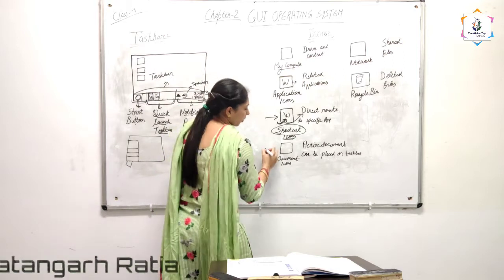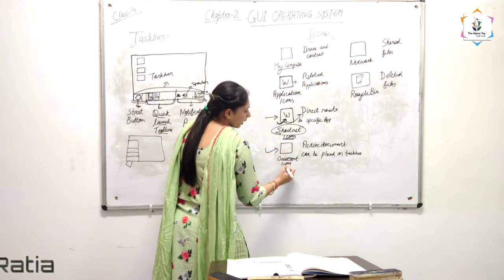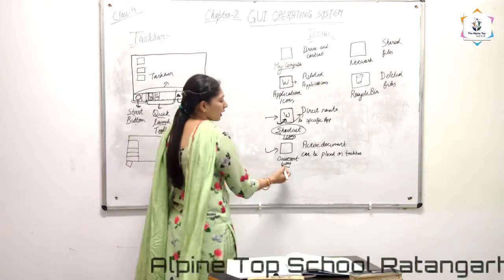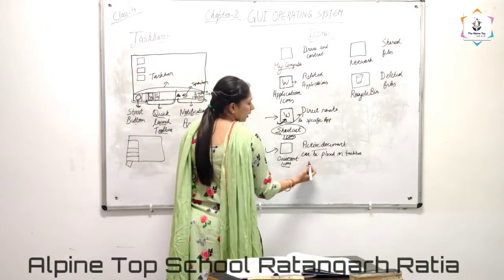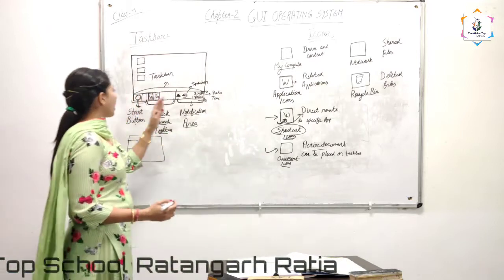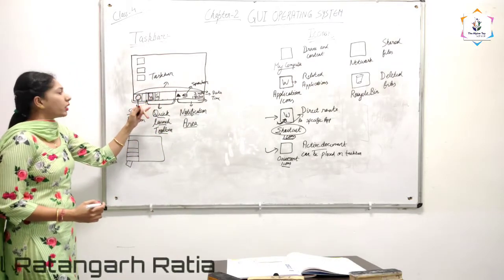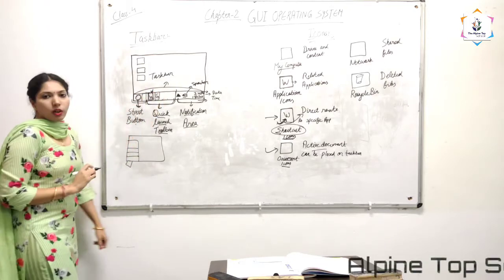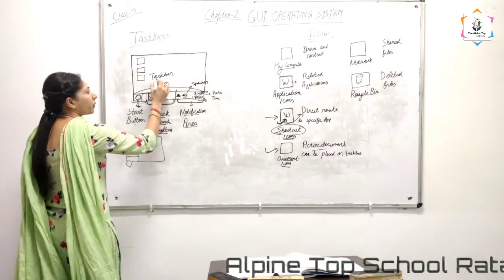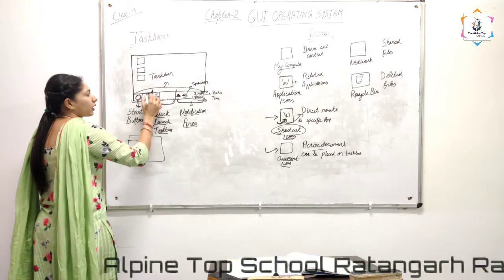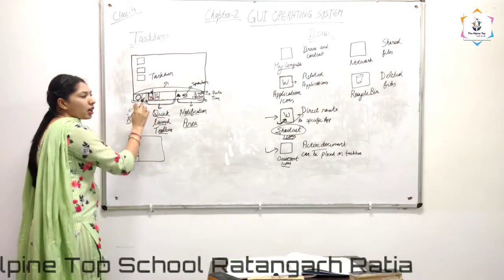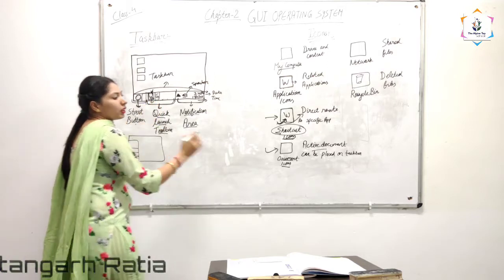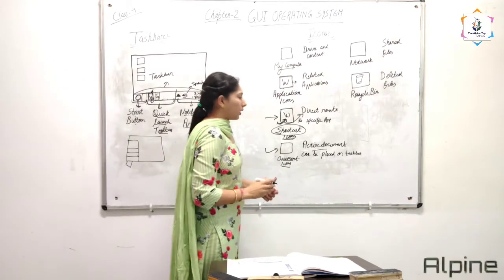Now next type of icon is our document icons. What are document icons? These are the active document icons that are placed on the taskbar that we have studied in our taskbar. Suppose we have opened a Word document, then that particular Word document icon will come here on the taskbar. We will call it our document icon.